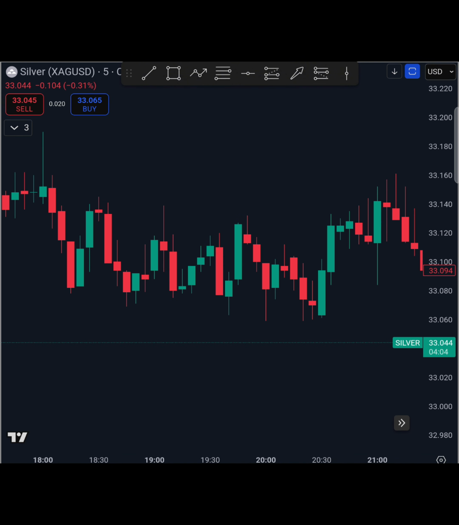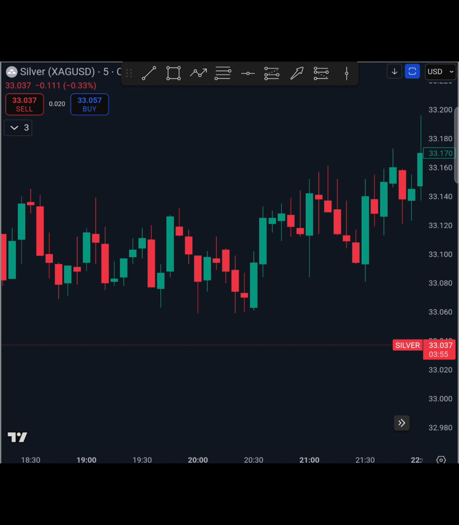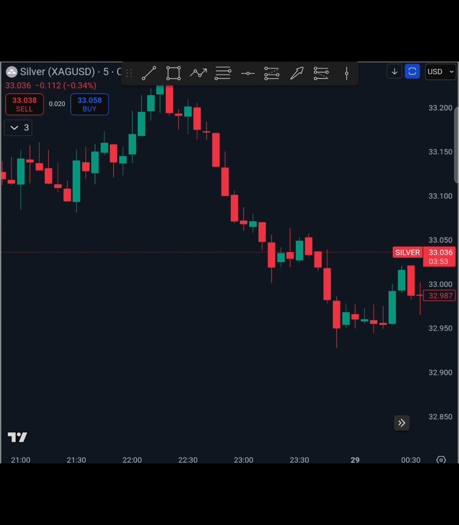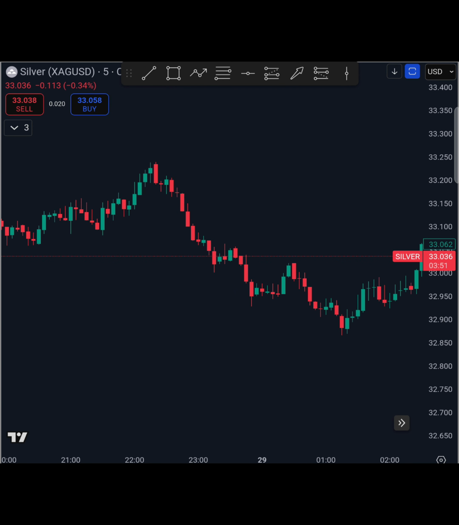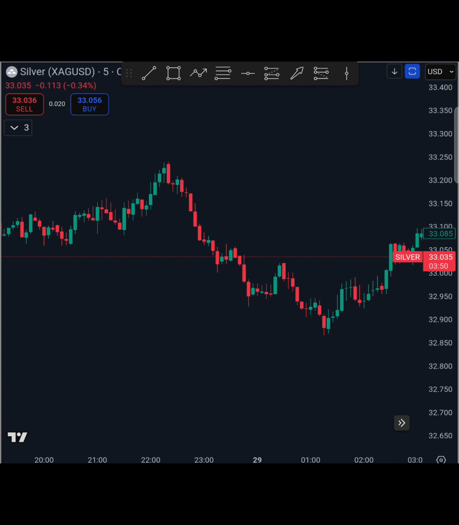Now we're going to try to find the downtrend. Let's see if we can find one here. Okay, right here we have a downtrend. So we see the market is moving